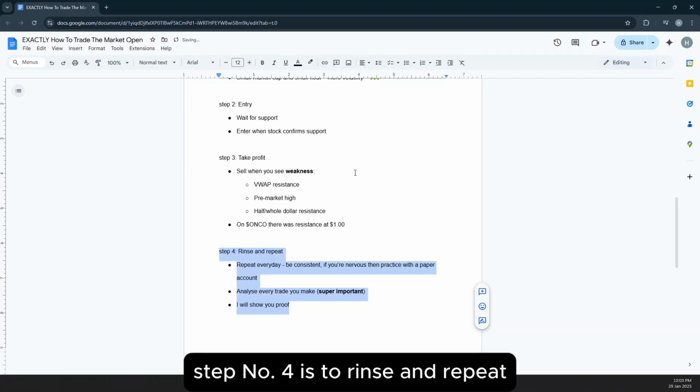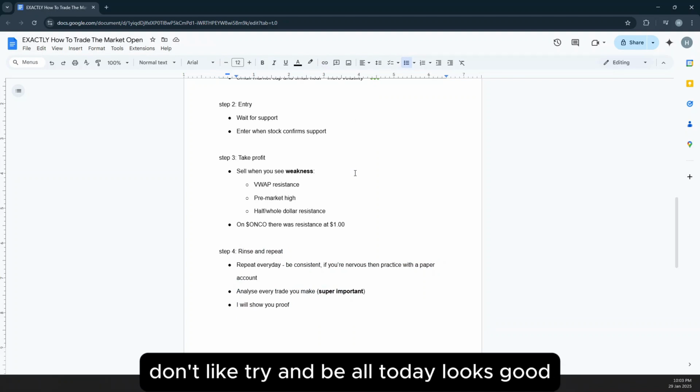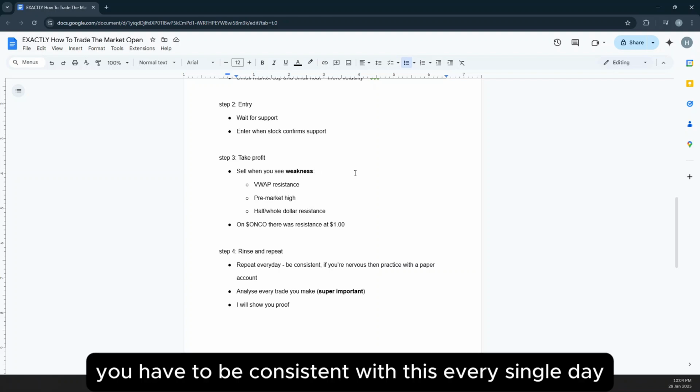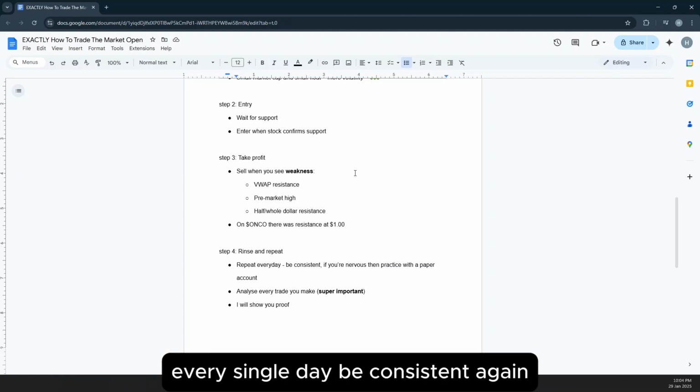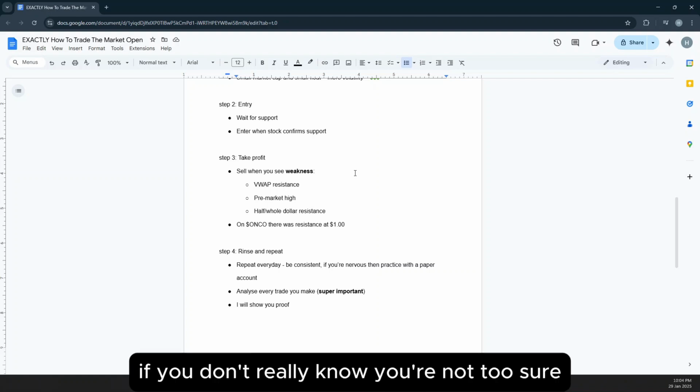Step number 4 is to rinse and repeat. Try and do this every single day. Don't try and be like, today looks good. You have to be consistent with this. You need to repeat this every single day. Be consistent. And again, if you're nervous, if you're not too sure, then practice with a